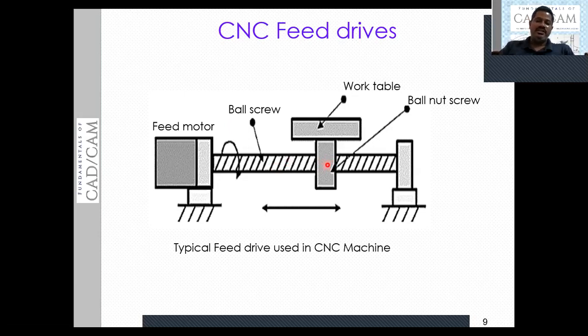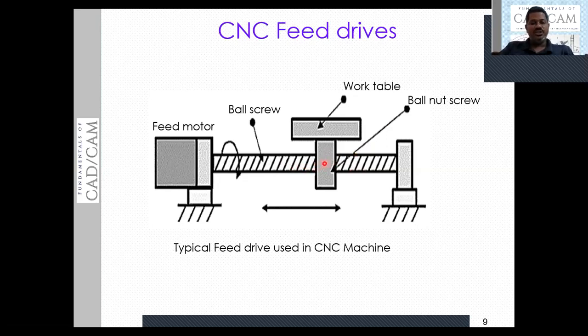The gap between the screw and nut will have the balls, so those are going to circulate continuously to reduce the friction. As of now, we will discuss what a recirculating ball screw is later, in the coming slide. But as of now, remember that here you have a nut and screw, and in between that, to reduce the friction,